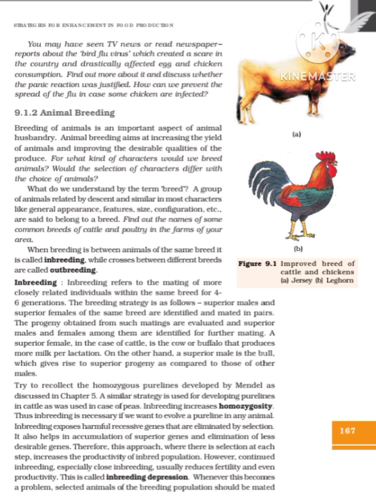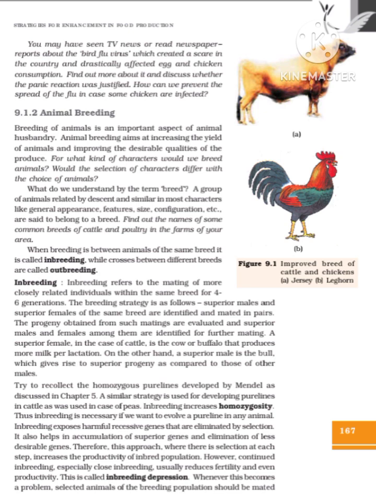Inbreeding. Inbreeding refers to the mating of more closely related individuals within the same breed for 4-6 generations. The breeding strategy is as follows. Superior males and superior females of the same breed are identified and mated in pairs. The progeny obtained from such matings are evaluated and superior males and females among them are identified for further mating. A superior female, in the case of cattle, is the cow or buffalo that produces more milk per lactation. On the other hand, a superior male is the bull, which gives rise to superior progeny as compared to those